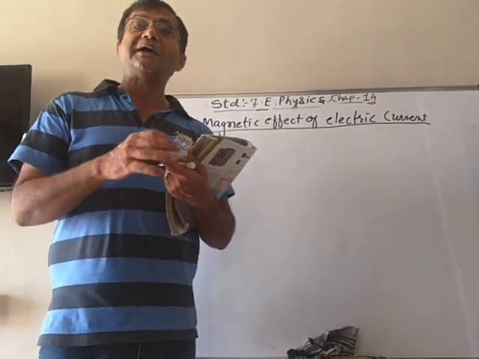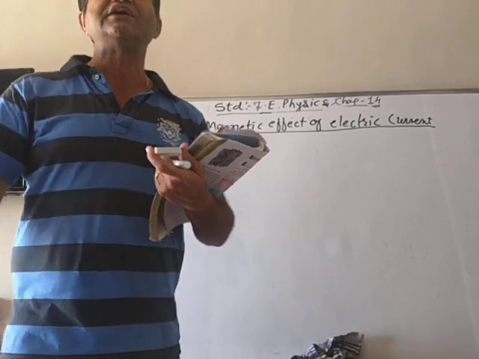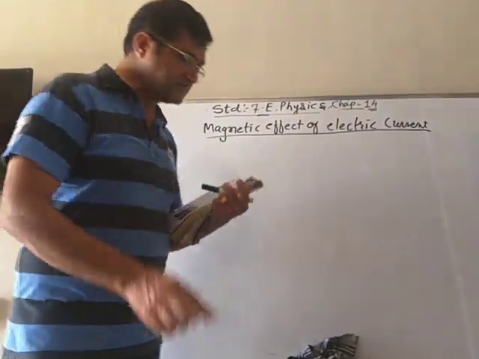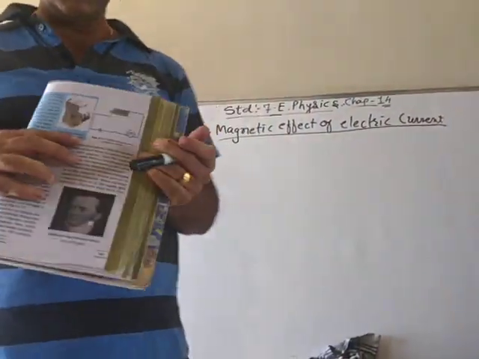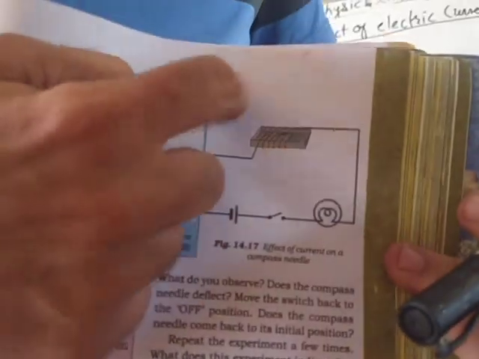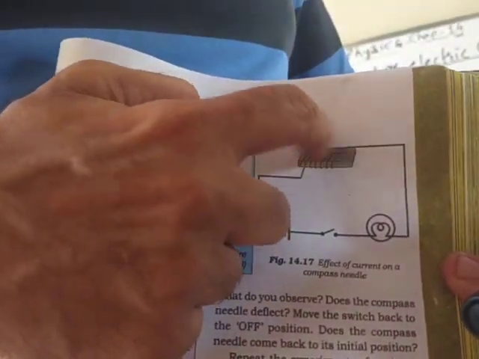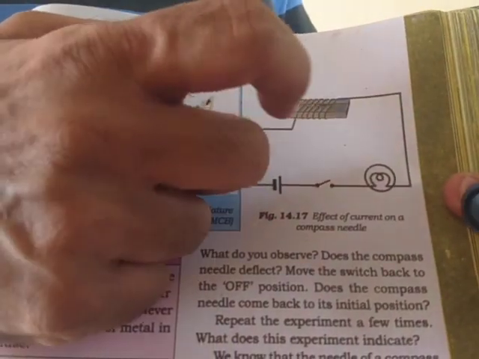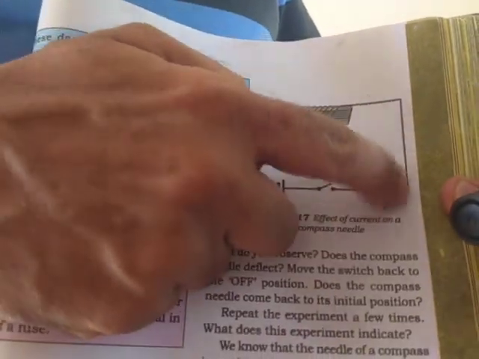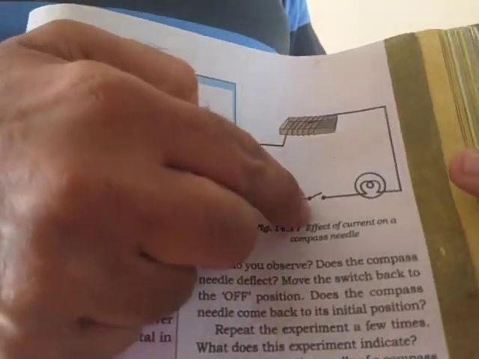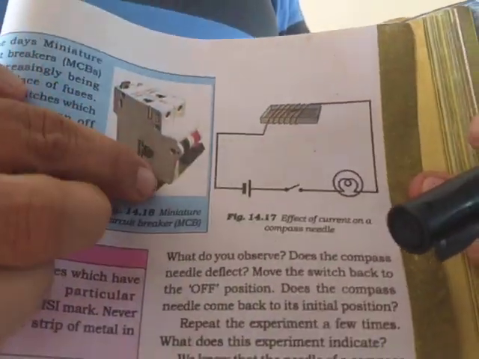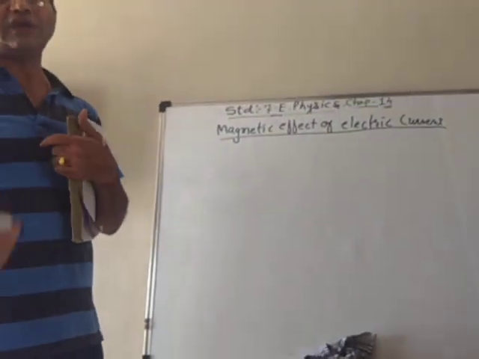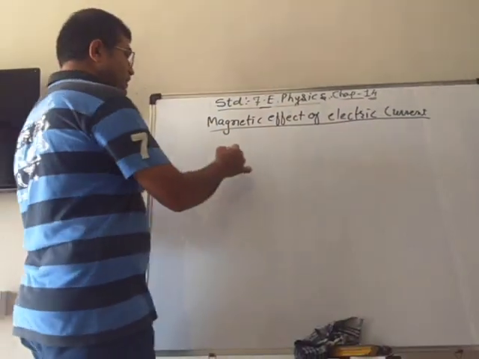So that magnetic needle you have to place inside the box, and then as shown in the figure here in the circuit, this is the matchbox, and inside that matchbox there is the magnetic needle, and the circuit is there. Here there is an electric bulb. Now here you can see that the switch is in the off position. Now if you switch on, what will happen? Okay, let me explain it.